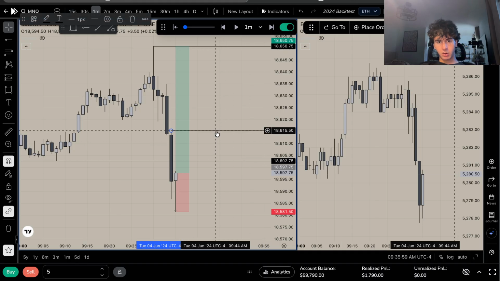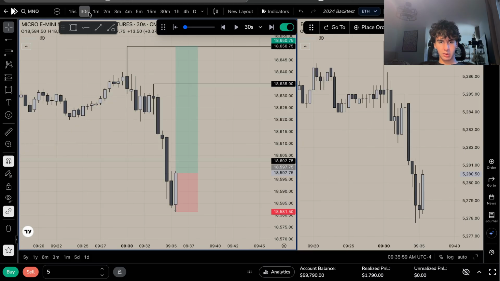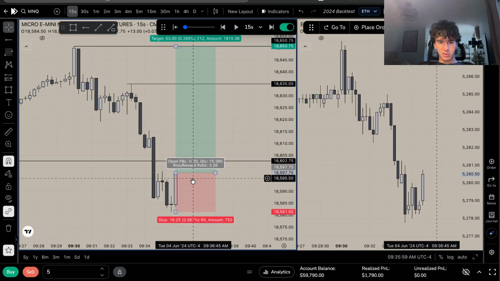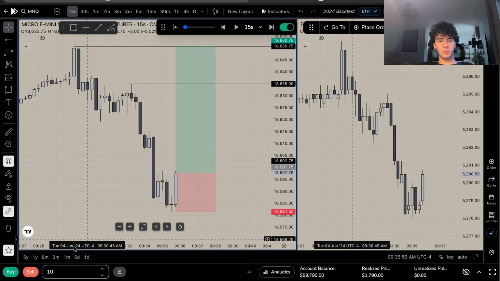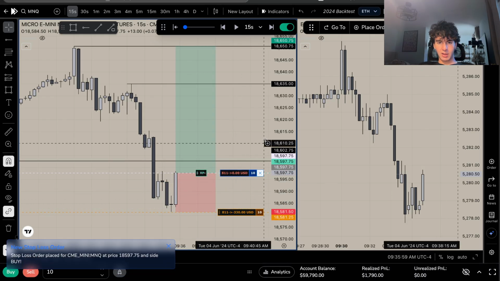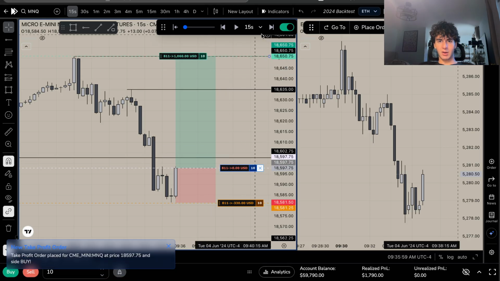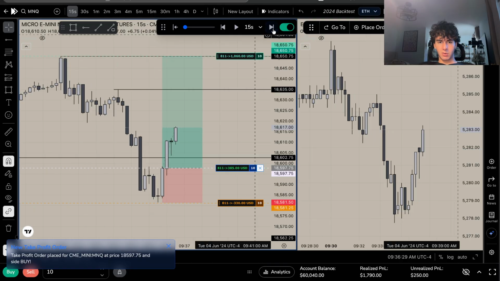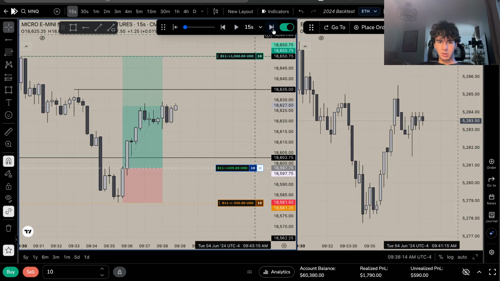Or I'll go break even at this high right here at the swing. And since this is a higher RR trade, I don't like to risk as much on these. Let's see what this is. I have a super tight stop, but 330 is completely okay with me there, just because it's a high RR trade. So yeah, we're getting good delivery here.